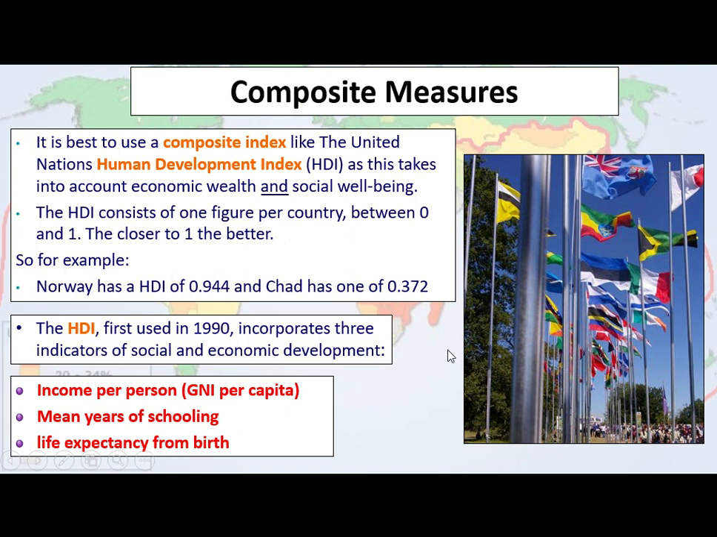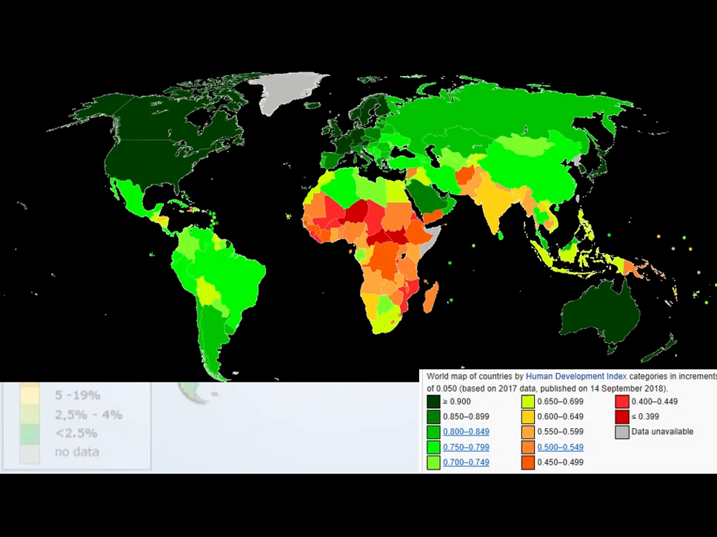Okay, so make sure you've got those notes written down, circle those, highlight them, do whatever you want to do, put exclamation marks and stars next to them so you know that they are what make up the HDI. Okay, so you've got an understanding now of single and composite measures, and this just shows you the global pattern